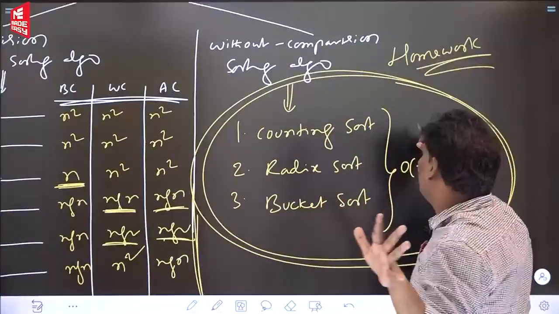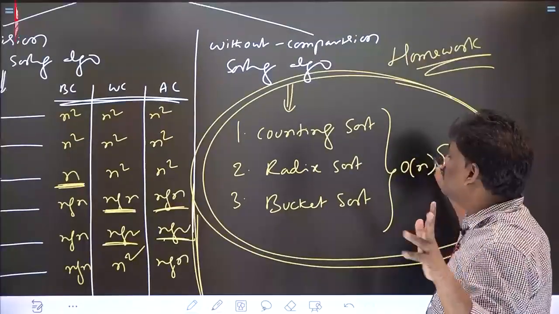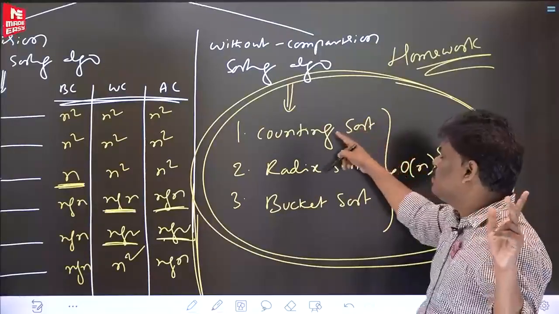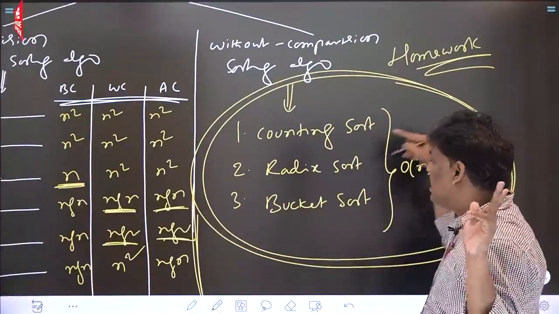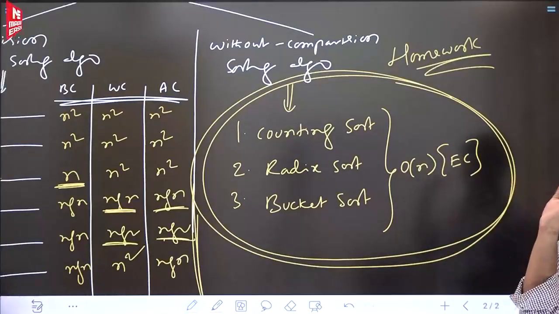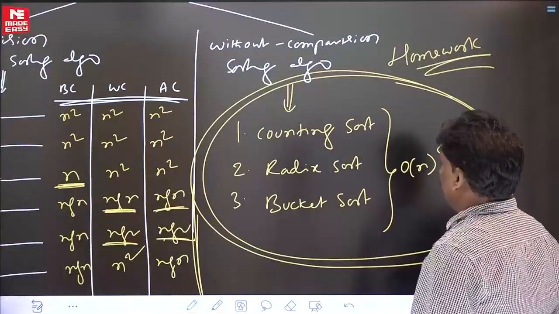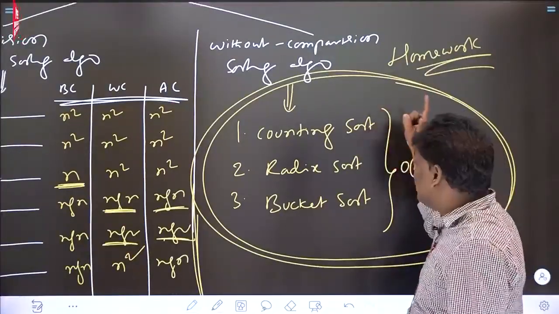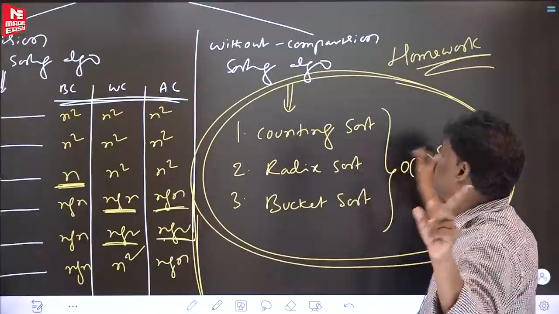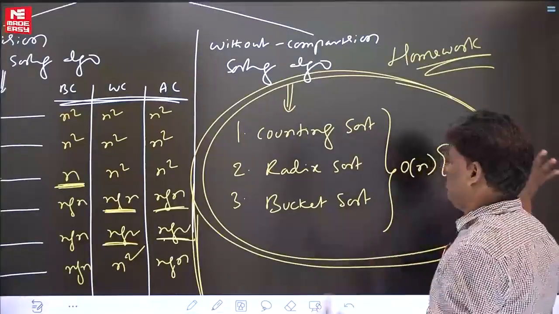I'm guiding you also. In Cormen, the topic name is linear time complexity sorting algorithms. Otherwise, just type counting sort or radix sort in the search option, and you will go there directly. I think 2 or 3 pages are there. Please read it. If you have any doubt, you can ping me. I will help you. This is the homework. Again and again I am saying it is the homework. Any question that comes from these 3 areas, you have to take care. Only 2 pages are there, and that too in Cormen. Please read it.